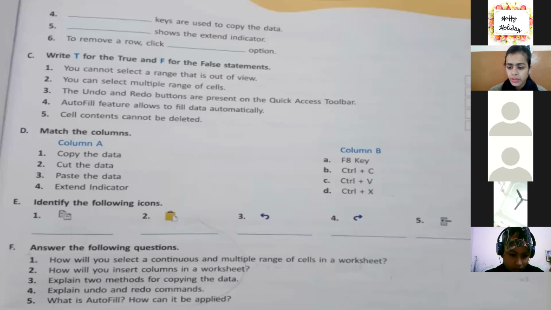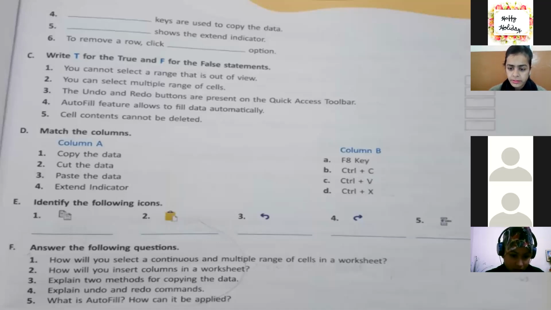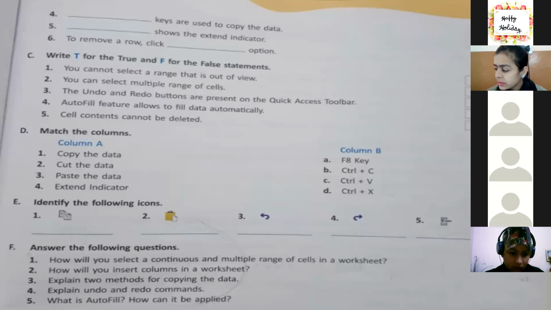Now, coming to match the columns. Yes, Jasmine, 6th A. Copy the data. Ma'am, Control plus C. Right.